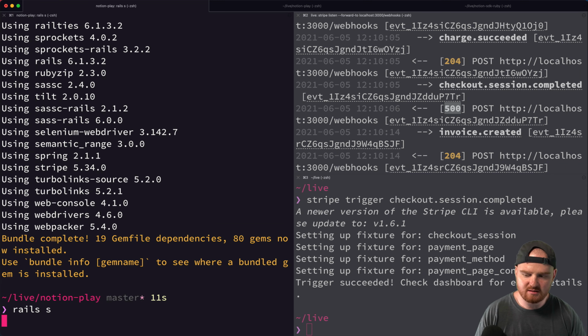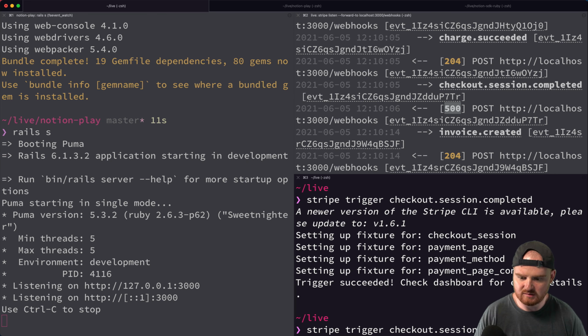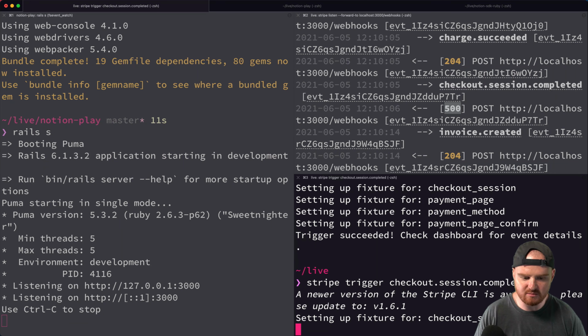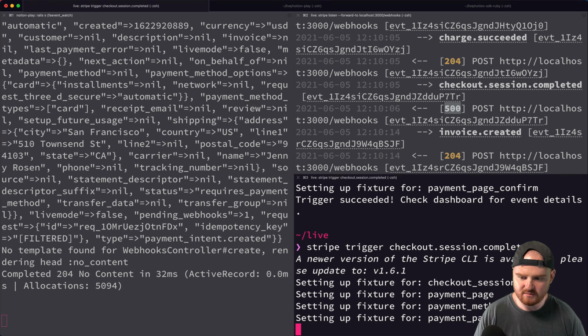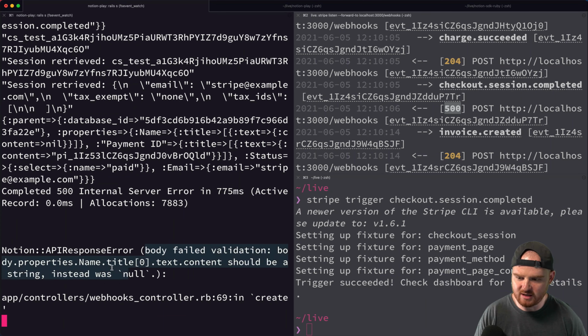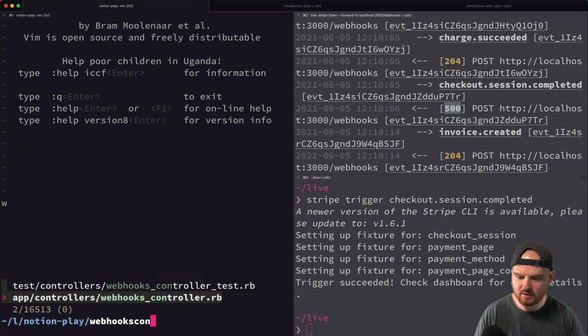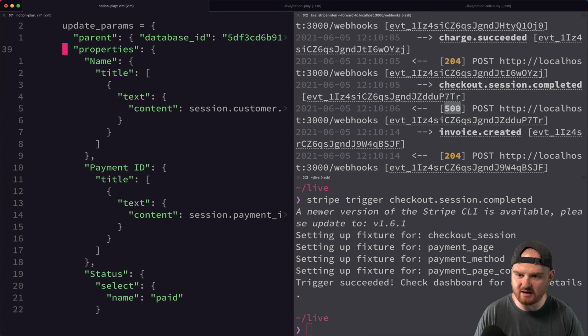And now Rails S. Trigger the checkout session completed event. And whoops. Okay, body failed validation. Body properties name, title, text, content should be a string. Instead, it was null. All right, so for a moment, we're doing too much at once. So let's narrow this down and just pass in